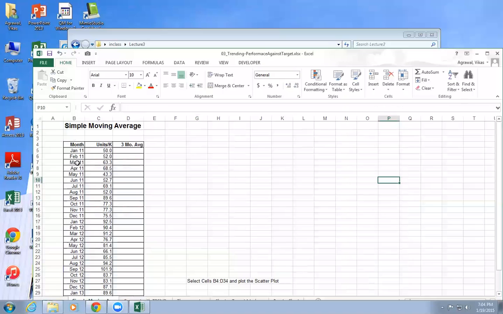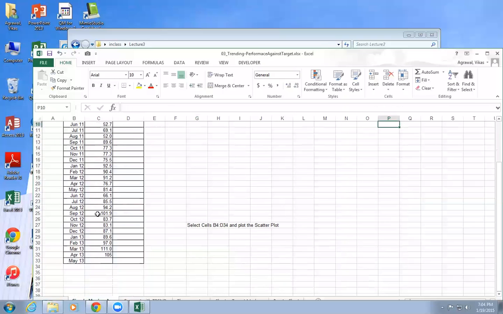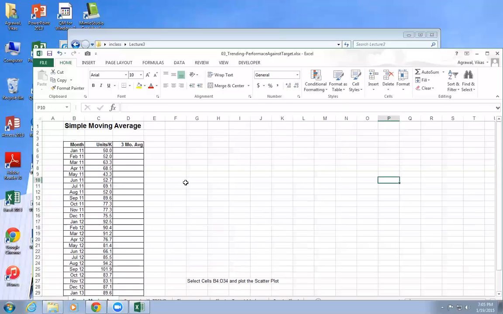So for example, if I gave you this data here, all the data here, and I ask you to give me the prediction for May 13, what you're going to do is quickly do the moving average, find out the forecast, and see the trend on the chart. It could be 3 months, 1 month, or 2 months. There is no standard guideline. It depends on how sensitive your data is to the seasonal pattern.